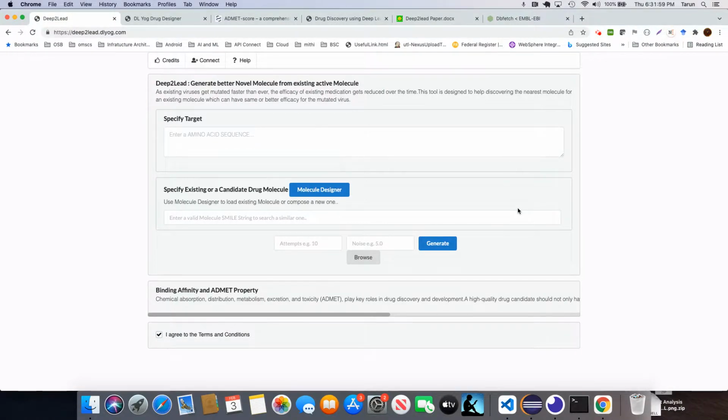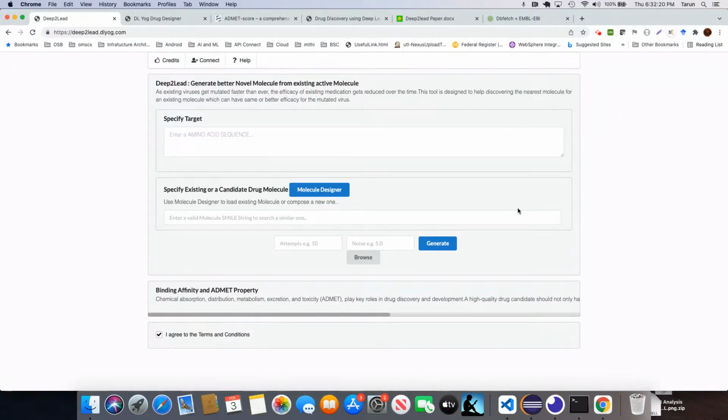Every drug is a chemical compound, and it targets a disease. Now, diseases are typically represented as a protein structure, which is basically an amino acid sequence, and generally it is represented